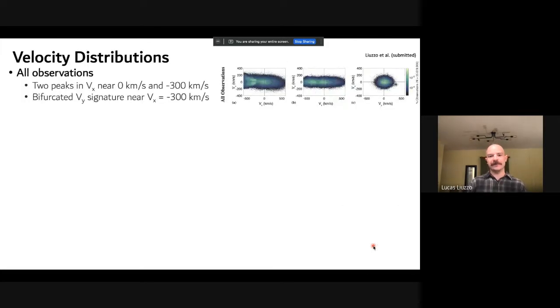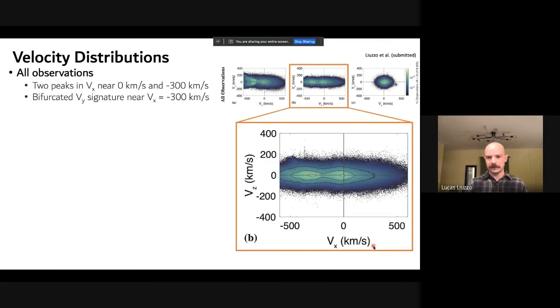So we can play the same game and now look at the velocity instead of the magnetic field. This first plot here is showing, again, these 2 velocity components. And what pops out really well in the data from every single observation, from all data points, again with no filtering for any of these different plasma regions, is that in Vx the observations are centered around